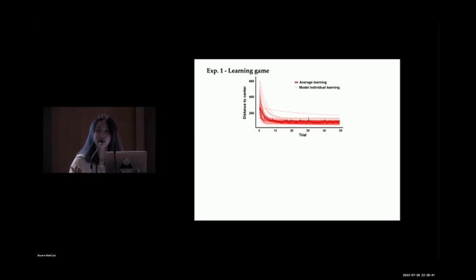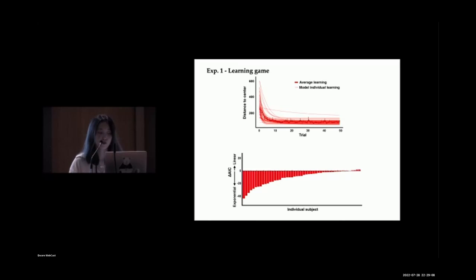We fitted this data to both exponential and linear models, and I will show you the model performance right now. Here on the x-axis is the individual participant, and on the y-axis is a difference score comparing the exponential and the linear models. Above 0 would mean that the linear model outperforms the exponential model in describing a participant's data, but below 0 would mean that the exponential model did a better job at describing the data. Straightforwardly from this plot, you can see that the exponential models outperform the linear model in describing participants' learning